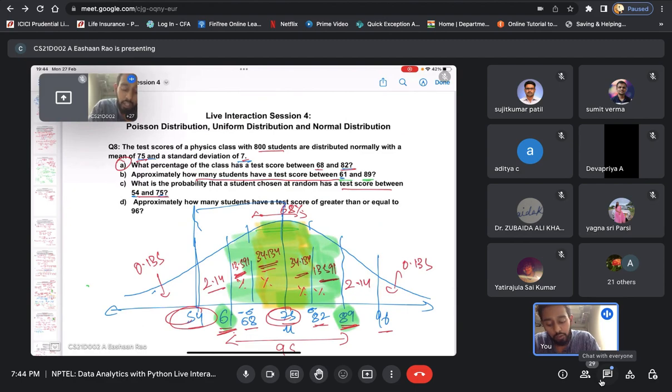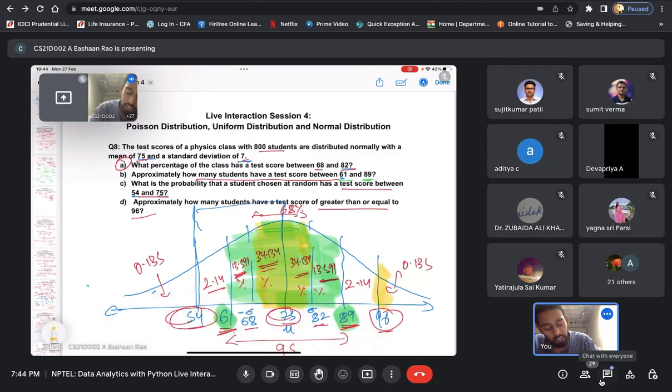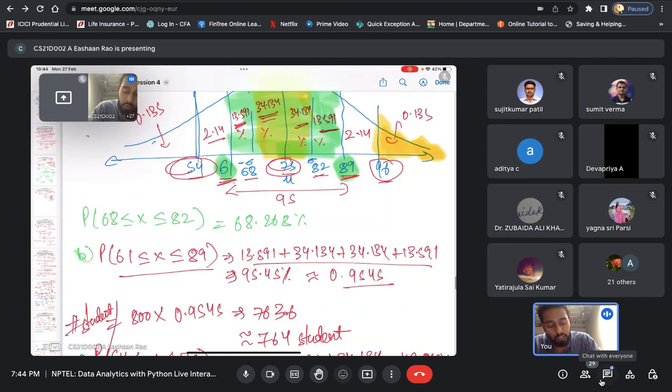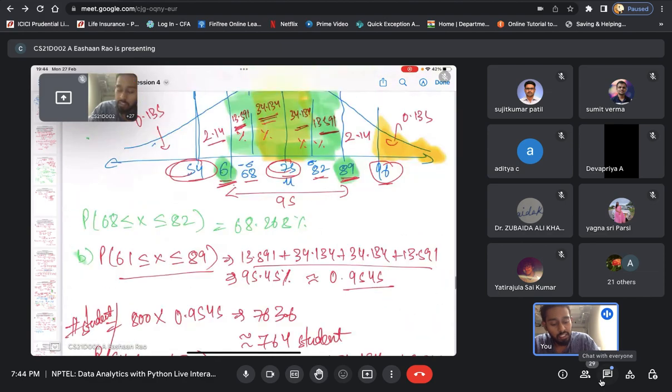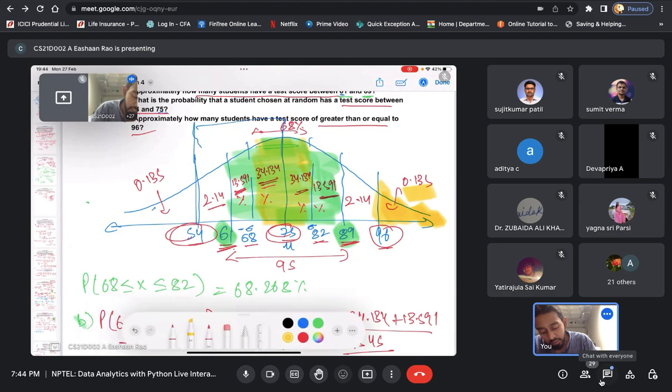Okay. Now the question is again, approximately how many students have a test score greater than or equal to 96? So it is asking how many students there are in the right side of the highlighted part, with a test score greater than or equal to 96. To solve this directly, we see that its answer is written here, that is